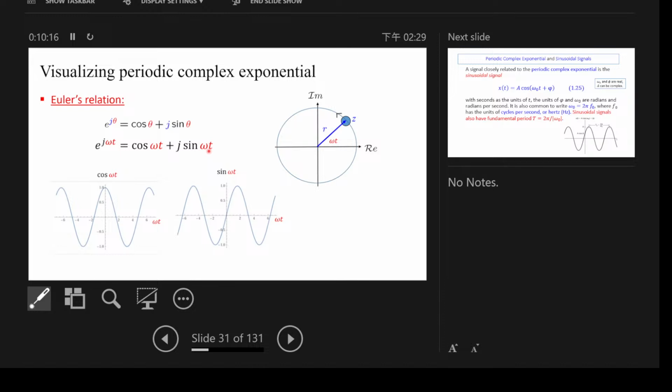Oh, let me try to find my pen. Yeah. So our function is